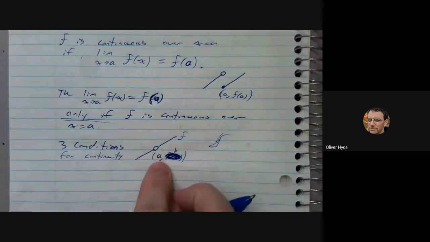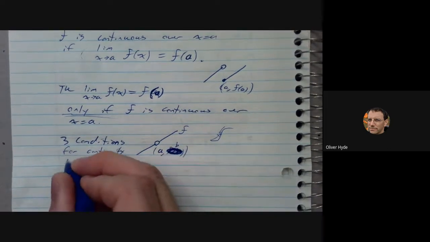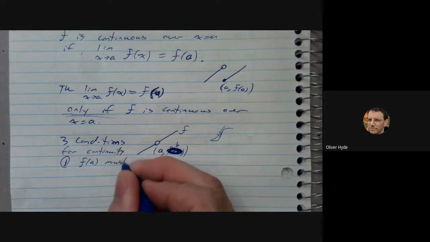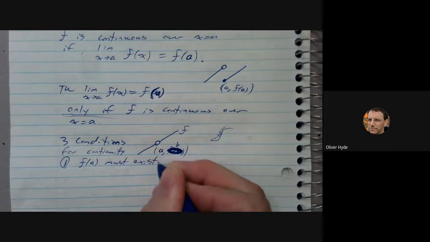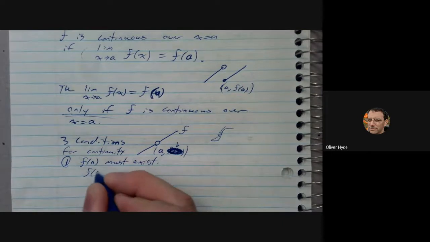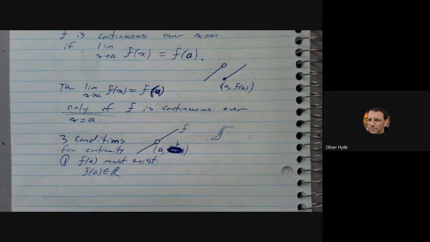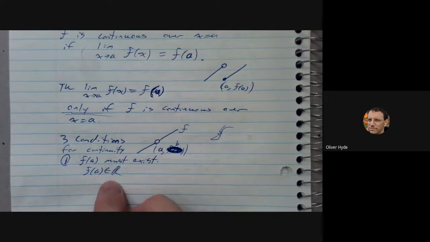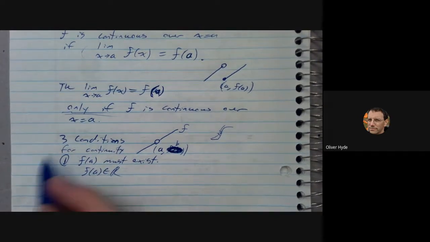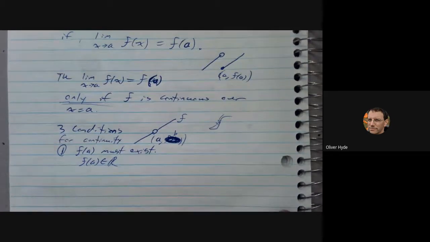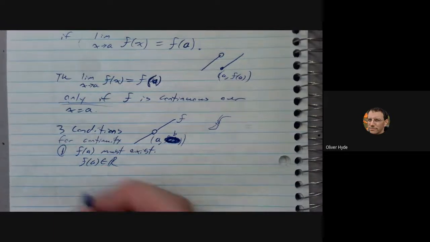First off, make sure that the function exists. 1, f of a must exist. You could write this mathematically as f of a must be an element of the real number system. Make sure, again, that you can explain with words as well as interpret symbols. But usually if I ask you to explain things, don't use symbols like epsilon and r. Next condition,